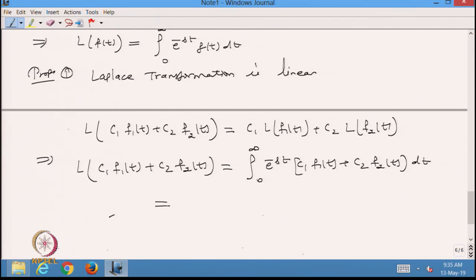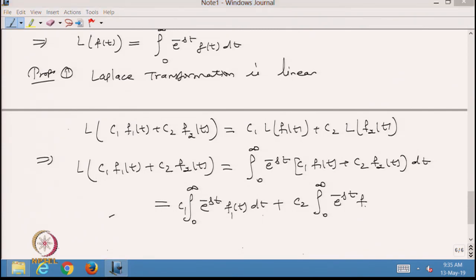So, from here I can write, separating the integration, C1 I can take outside, and then the integral of e raised to power minus st f1(t) dt, plus C2 times the integral from 0 to infinity,